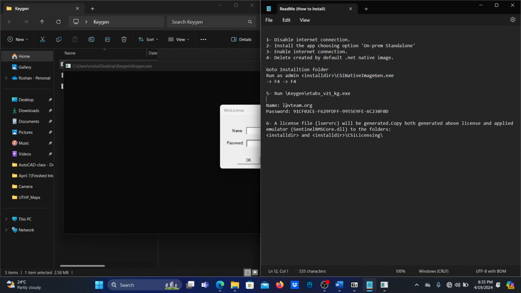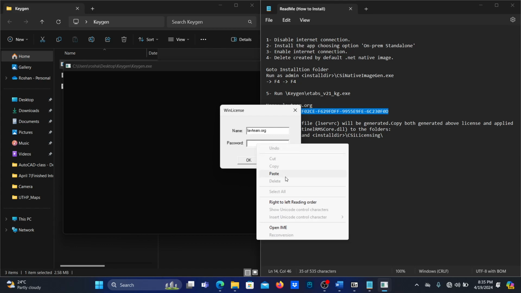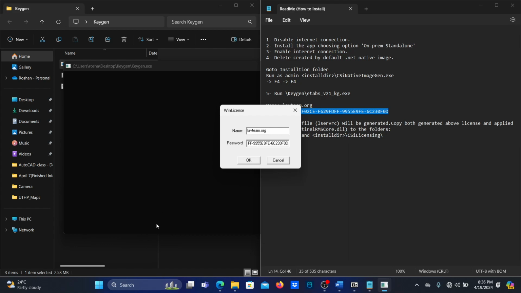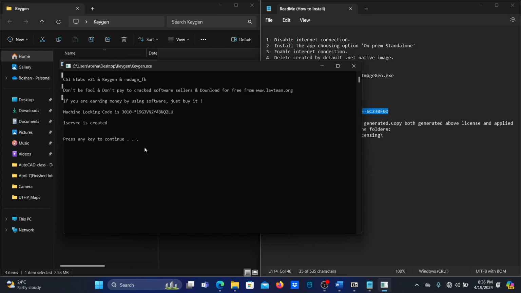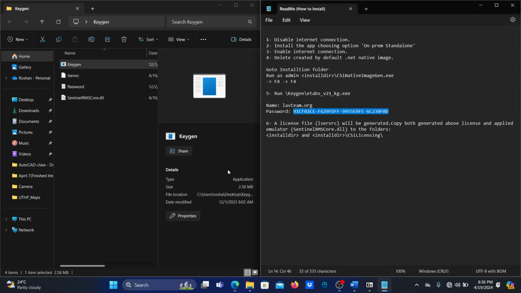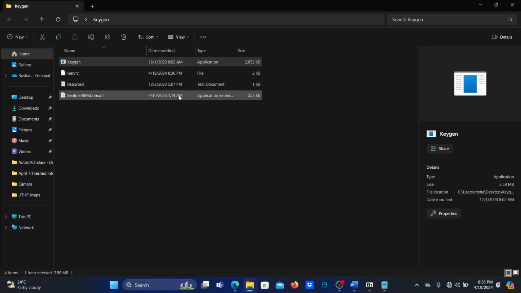So the name is labteam.org. I'm just going to copy this here and then paste it here. The password will be this long string. I'm going to copy it and then paste it here and then hit OK. And then if it works, then it will say LSERVC is created. So OK, and as you can see we have three new files here,